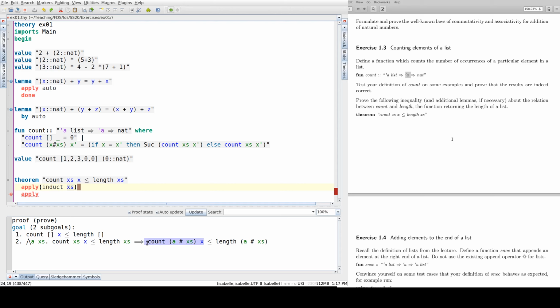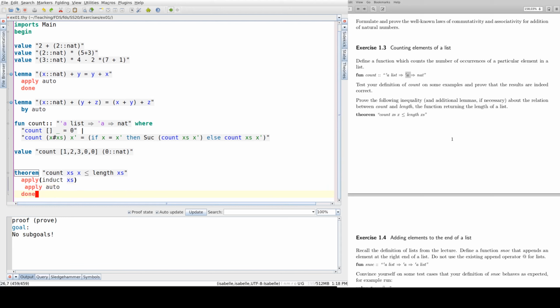Okay, so basically here you have suc (count x's of x), and here you'll have suc (length of x's). In the induction hypothesis you have that count x's of x is more than or equal to length of x's. There's a theorem that auto will use that tells it if a is less than or equal to b, then suc a is less than or equal to suc b. So I just told you what auto will do, and it does it magically, but you will